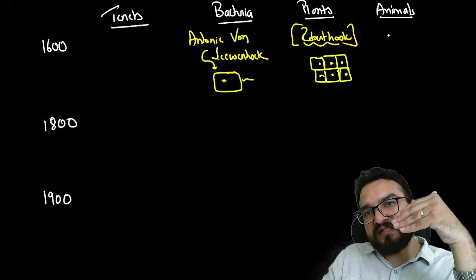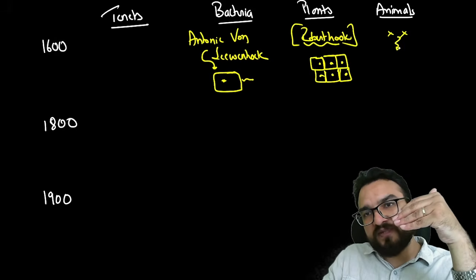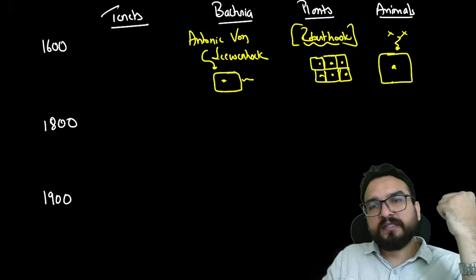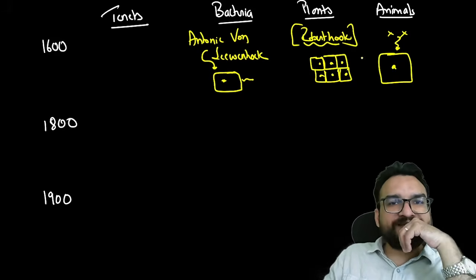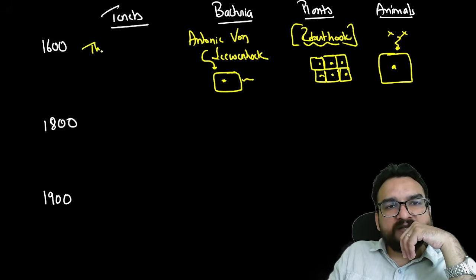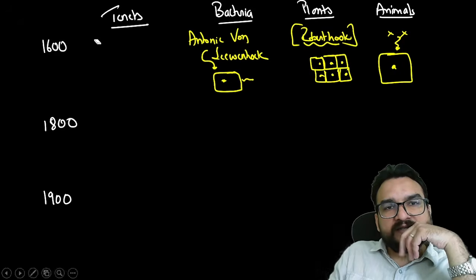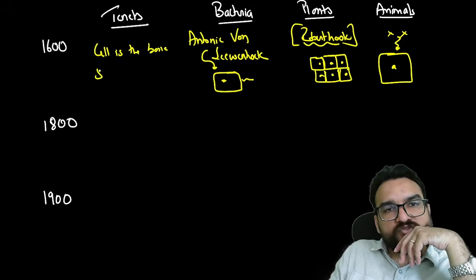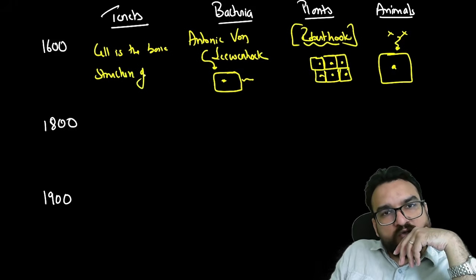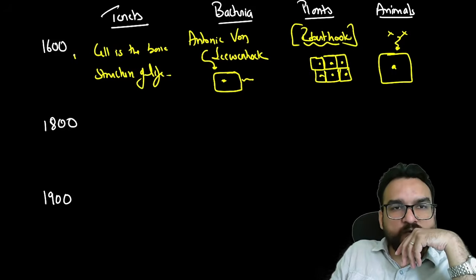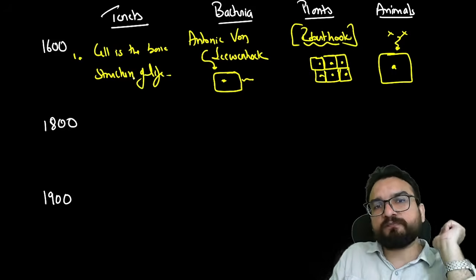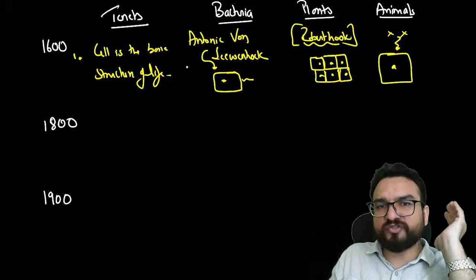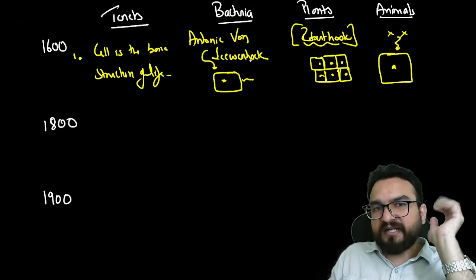When in animals, certain scientists over here, names are not important, observed the animal cell, they also found it like this. So they concluded that over here the cell is the basic structure of life. So this is one part of the theory which is coming from here. In the 1600 to 1700 time frame you will be seeing. Exact timeline is not needed, but in the PPT I have mentioned that.